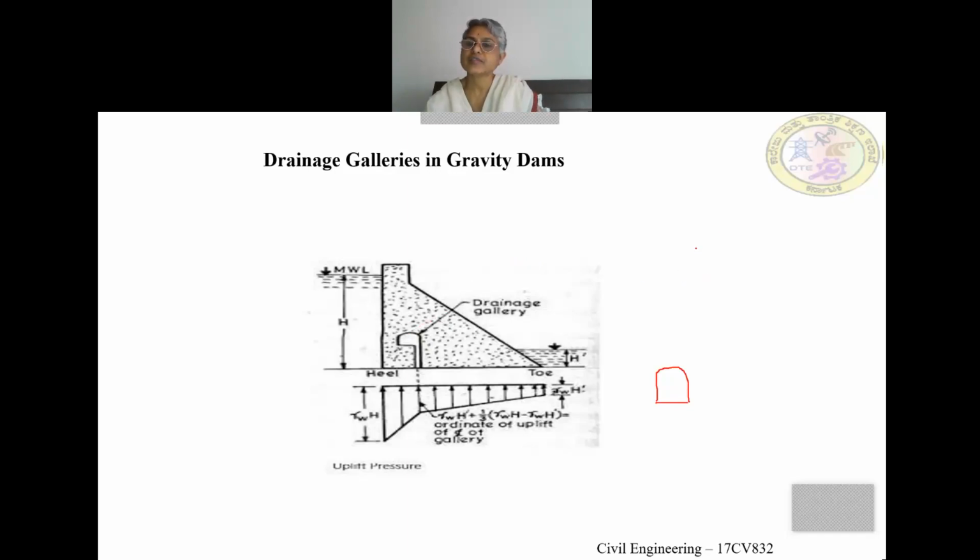If you take a 3D view of the dam, and just try to draw a 3D view. This is the upstream face. This is the dam section with the downstream face. So this will be the length of the dam. So for analysis purpose, we'll consider 1 meter length of the dam. So this will be like this. This is a 3D view, whereas this is the 2D view. Here you can see some gates provided.